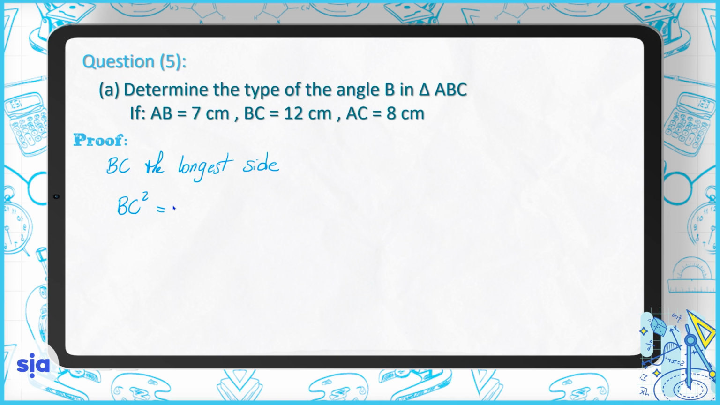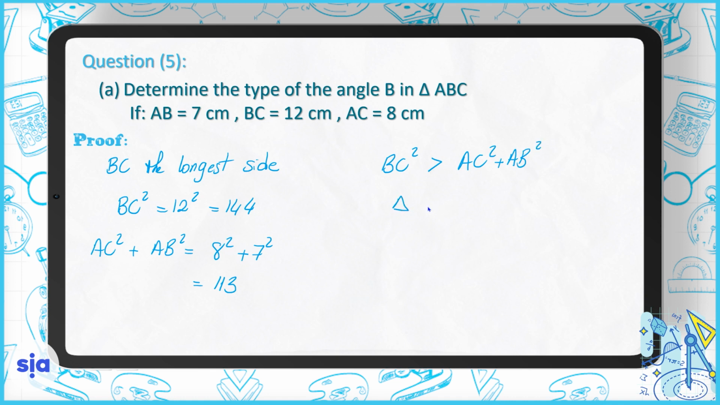BC squared is 12 squared, which is 144, where AC squared plus AB squared is 8 squared plus 7 squared. The result is 113. So BC squared is greater than the sum of AC squared and AB squared. So in this case, triangle ABC is an obtuse triangle